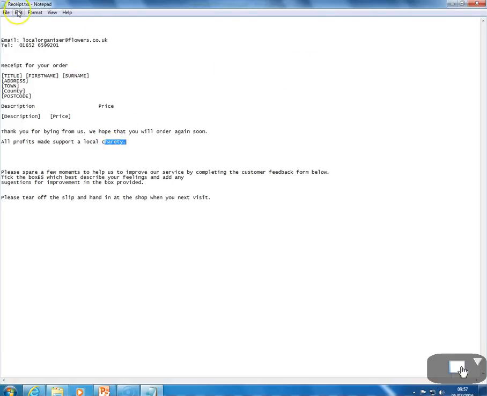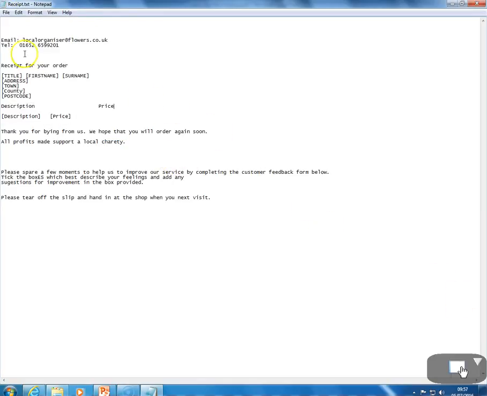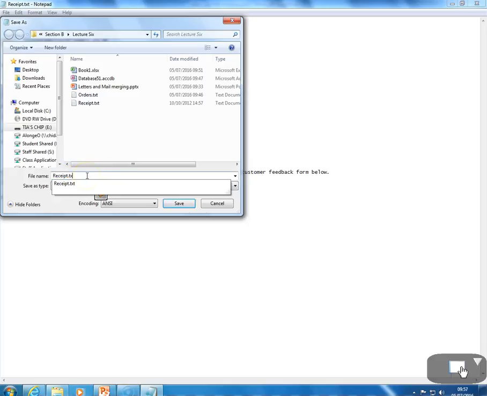And this is a text file. How do I save this as a Word document? Well, I go to File, then Save As. Currently this is saving as receipt.txt. That means it's a text file. If I want to save it as a Word file, I save it as doc. So change this to All Files, and then change this receipt.txt, just take out txt and put doc. And if I put doc and I click Save,